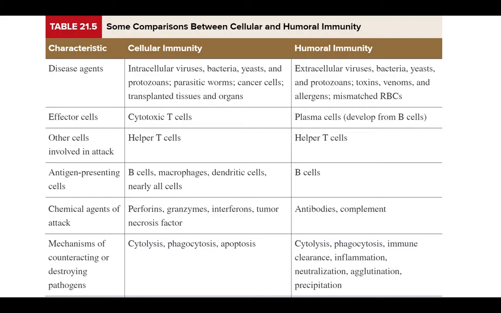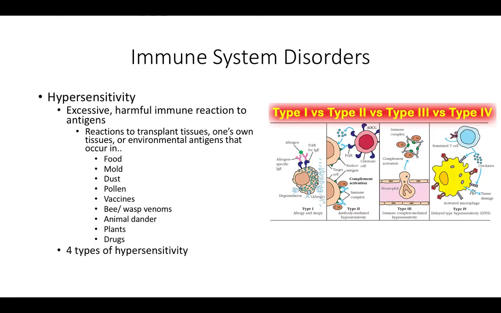It's in your book, and I did take some of the stuff out of this table that I didn't necessarily think was important for you guys, and I didn't want you to get too bogged down in. So this is a nice summary, if you like tables and stuff like that to study, of what we talked about with cellular and humoral immunity. Alright, so now we're going to talk about immune system disorders, and the first of the disorders